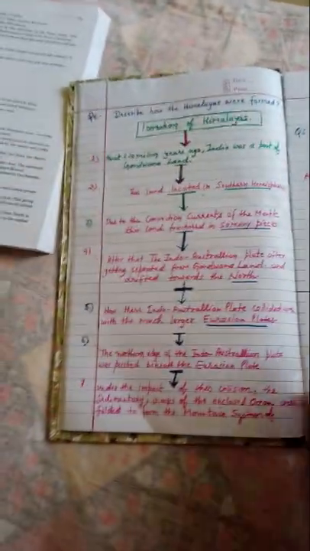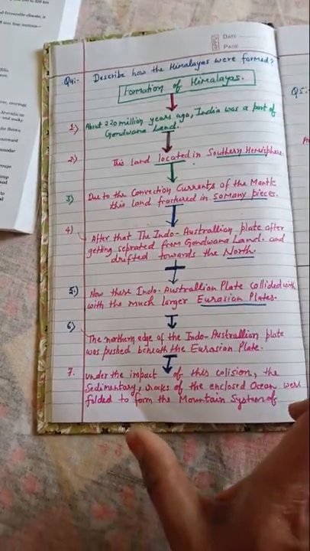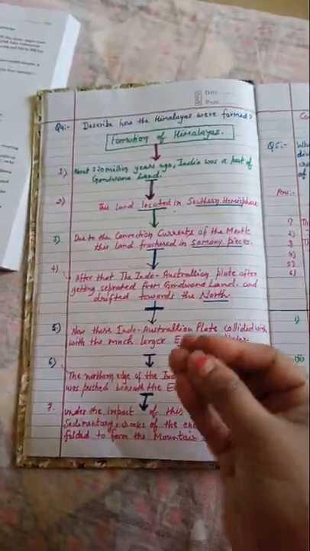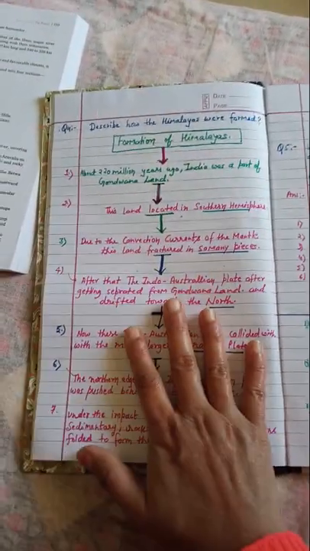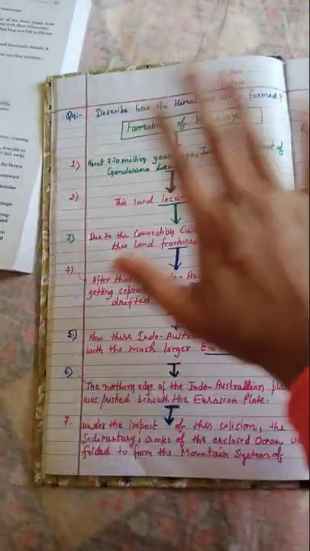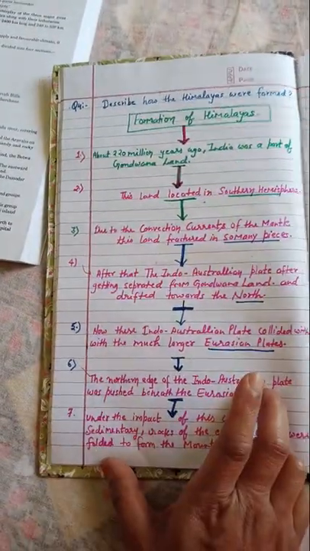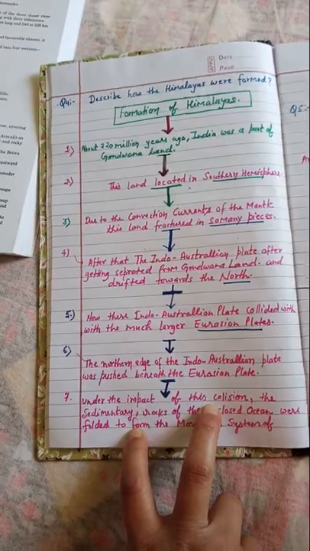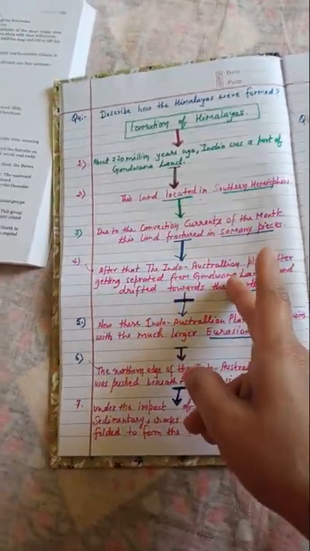So student, through these various steps you come to know how the Himalayas came into existence. For understanding, you can use this diagram, and you can convert it into theory